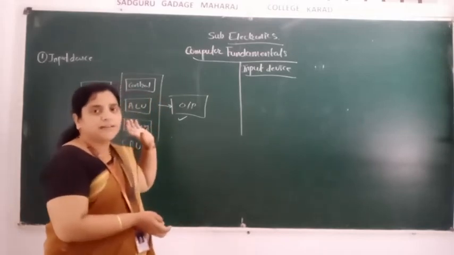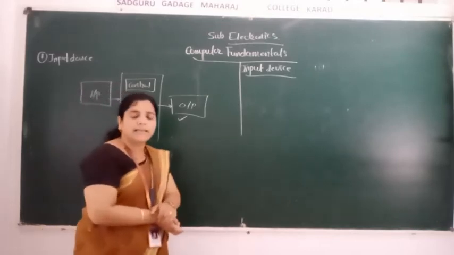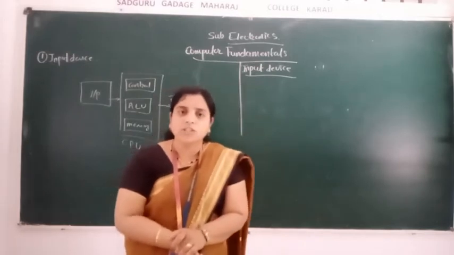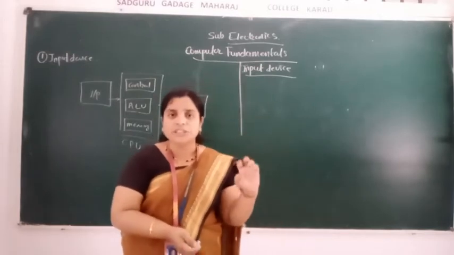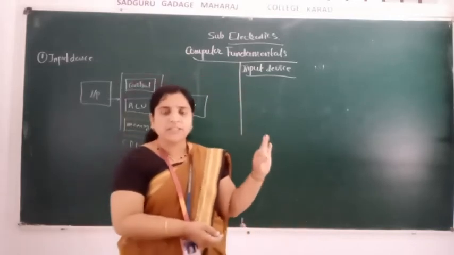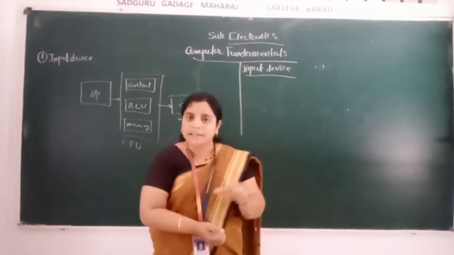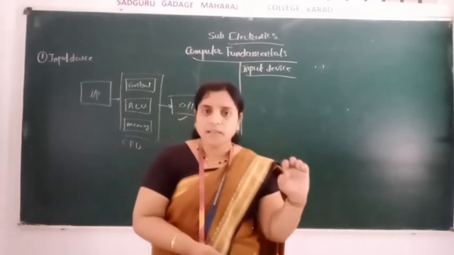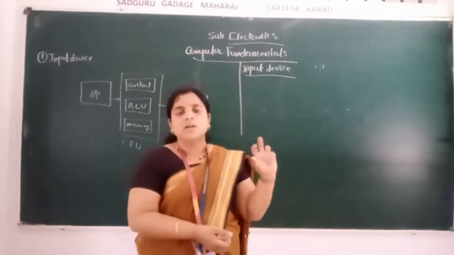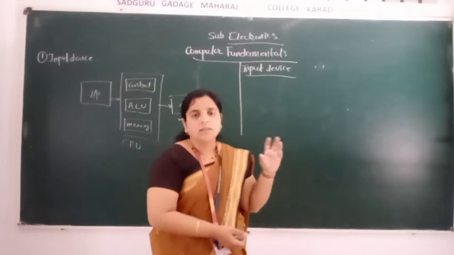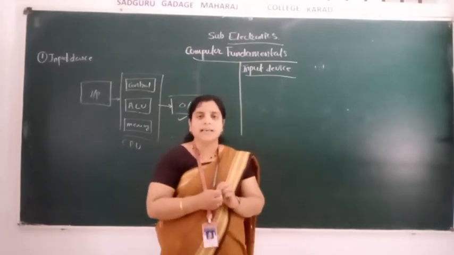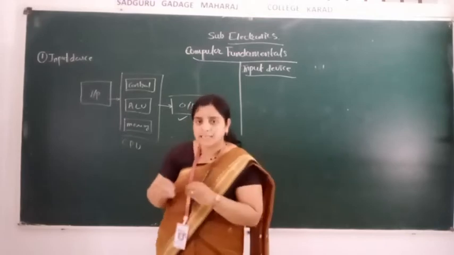First I am just revising what we have seen in the ALU. ALU means arithmetic and logic unit. In the arithmetic and logic unit, all arithmetic and logical functions are performed. Arithmetic functions means addition, subtraction, multiplication, division, increment and decrement. All these are arithmetic operations. And the logical operations are logical AND, logical OR, logical NOT, which is the inverter. All these tasks are performed there.